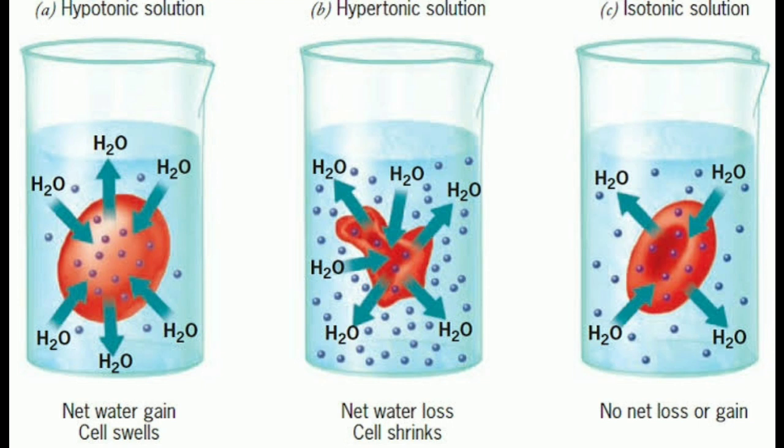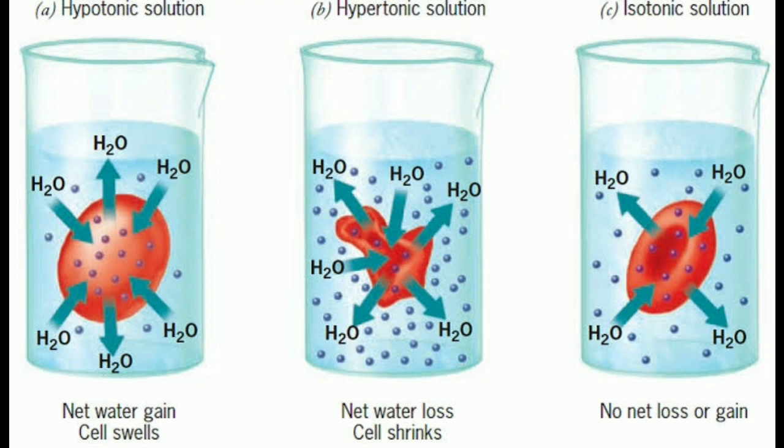So there will be no difference in the cell. The cell will remain in the normal condition. Okay, so in an isotonic solution, there will be no movement of water. And in the case of a hypertonic solution, the solute concentration will be high in the solution if we compare it